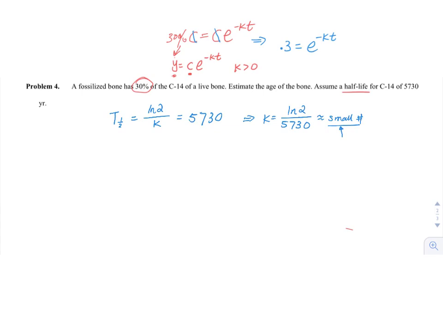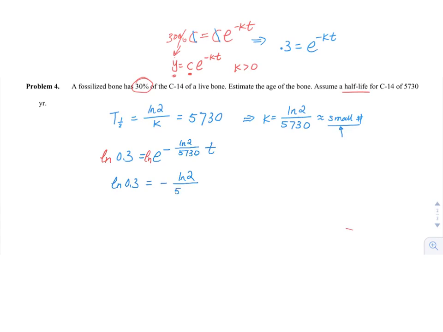Now go back to the equation that we just derived. So 0.3 equals e to the negative, now what is k? k is natural log of 2 divided by 5,730, times t. Then we are going to apply natural log to both sides to solve for t. Therefore, I have natural log of 0.3 equals negative natural log of 2